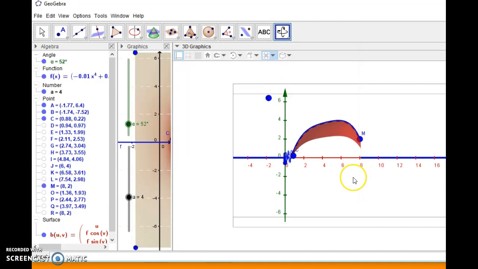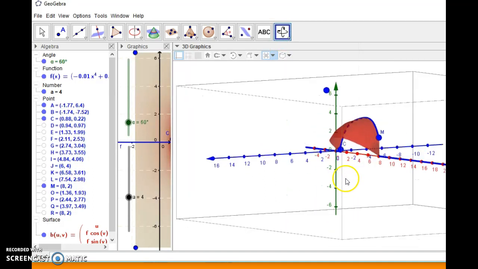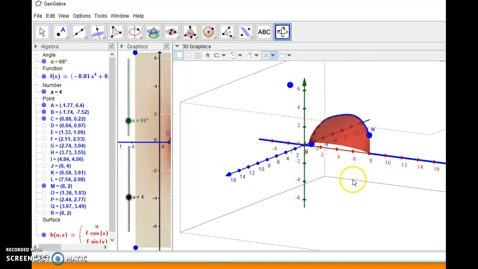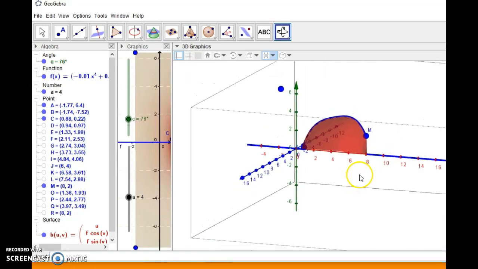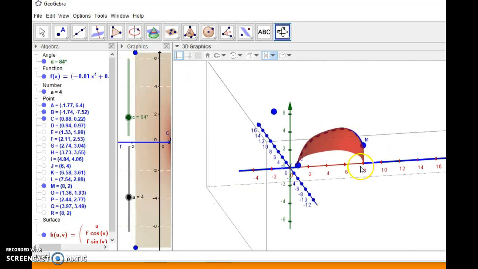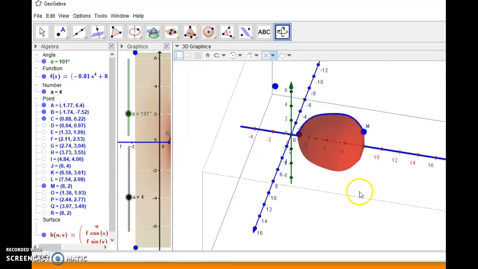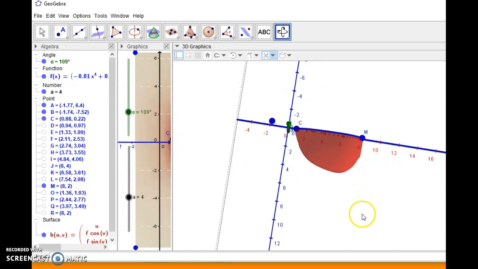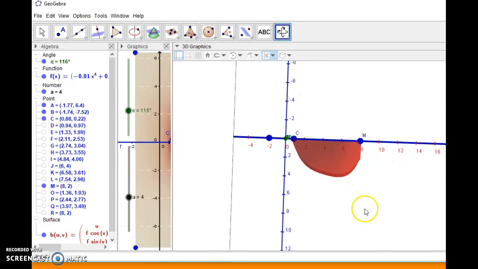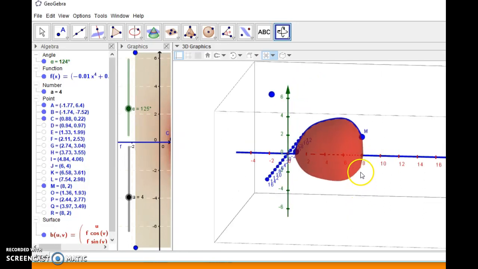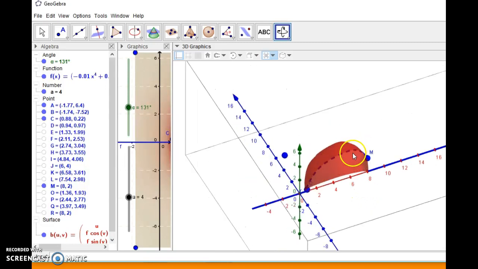Yeah, look at how accurately it is giving you a perfect surface. The speed is a bit slow, but you can rotate it and you can see what is inside. Look at